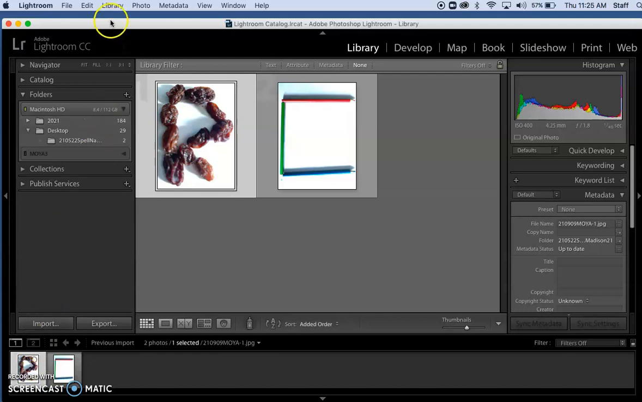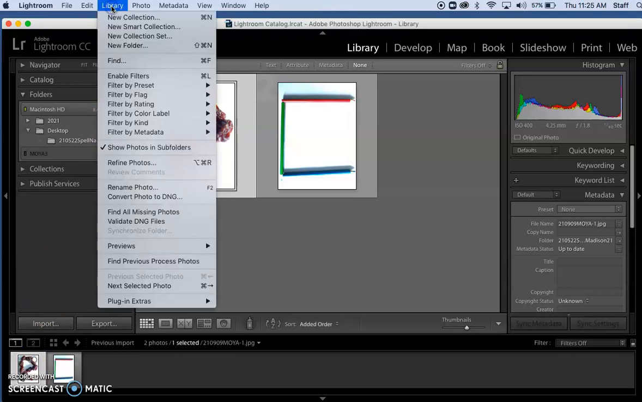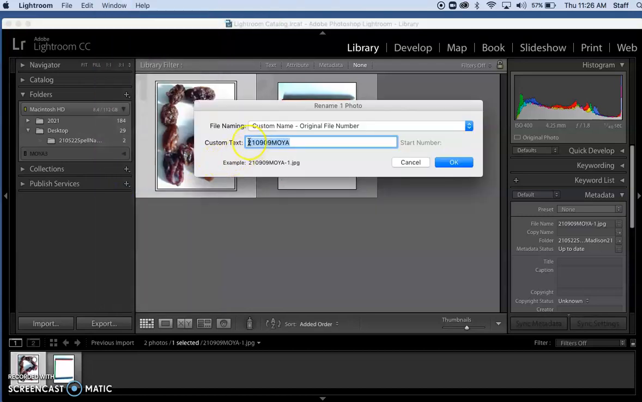Next we go up to the library option in your menu bar. Click on your library mode and your drop down panel will open and your renaming photo will be down in the middle. So we go ahead and we select rename photo. Make sure your custom original file number option is highlighted, and in your custom text box now you have your blue input panel open, and so we're going to go ahead and rename this again